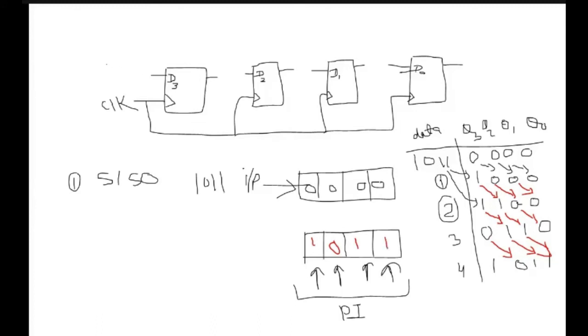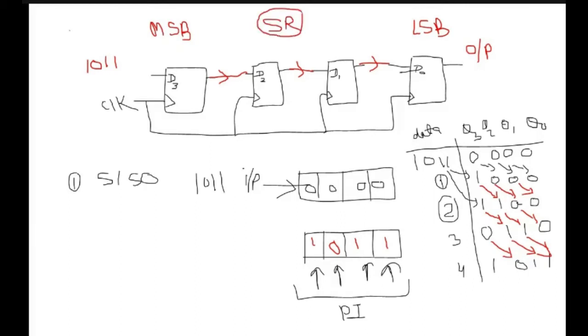So in the serial input, we are applying the data here, 1011, and then the output of the first stage will be connected to the input of the next, so that data will be taken serially. So now the data is moving from left to right. So this is a shift right operation along with serial loading, and then we are taking the output from here, from the Q side. So this is my LSB and this is my MSB. So you can say if we need to perform a shift right operation, we are providing the serial input at the MSB side. So this is an example of shift right.